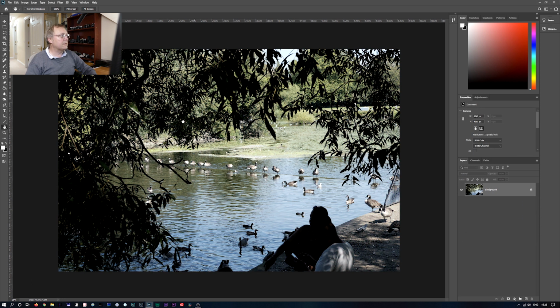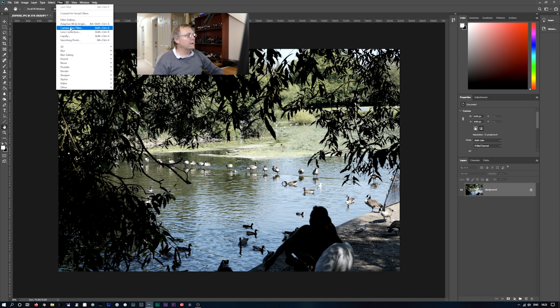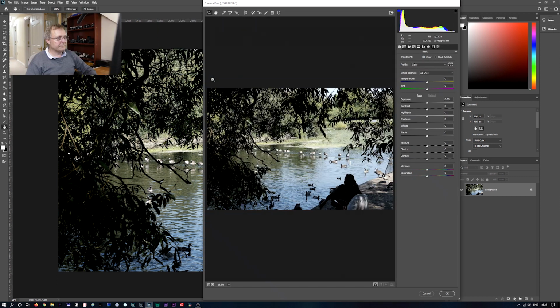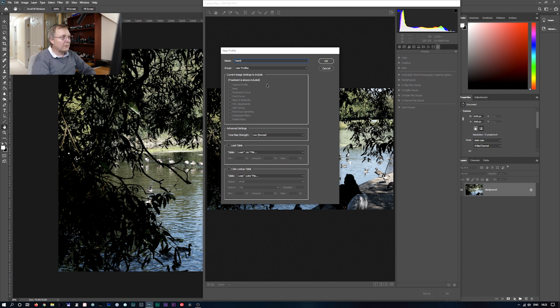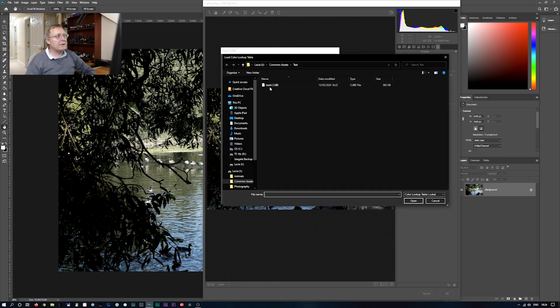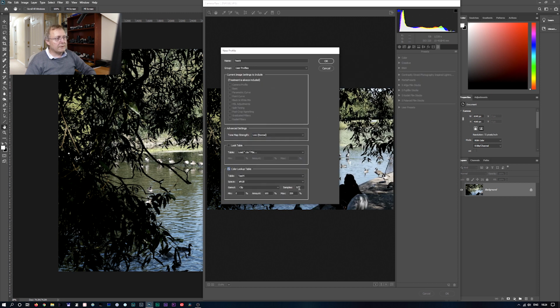So what we can do then is with this image, go to filter, camera raw filter, leave all these as they are, go to presets, hold down Alt, give it a name, we'll put in the user profiles, we'll look for a colour lookup table, it'll come up, test, there's our test 4 cube, let's say samples 32 again, the amounts, you can leave it as it is or you can change that amount, go OK,